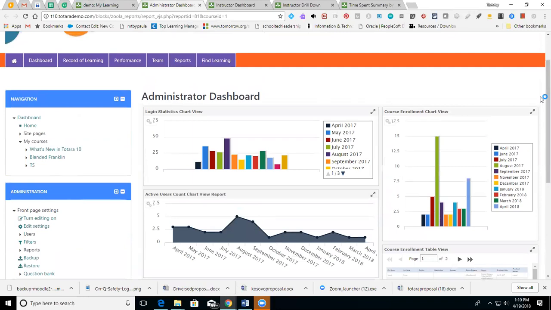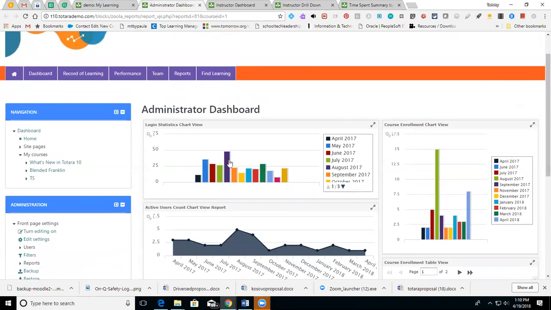In here, what I chose to show in the dashboard is I'm thinking that this dashboard would be for somebody who's maybe the head of learning for an organization, and maybe they have to do quarterly reports. I get a lot of requests in Moodle and Totara, how can I get things like this? So I tried to pick reports that I often get questions about. So this one shows